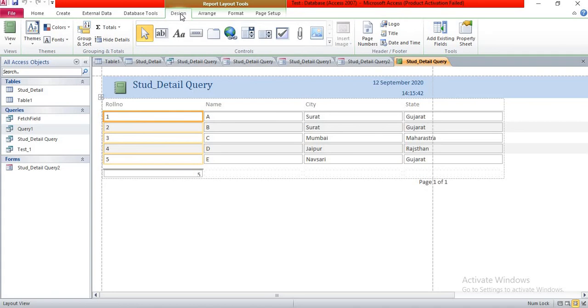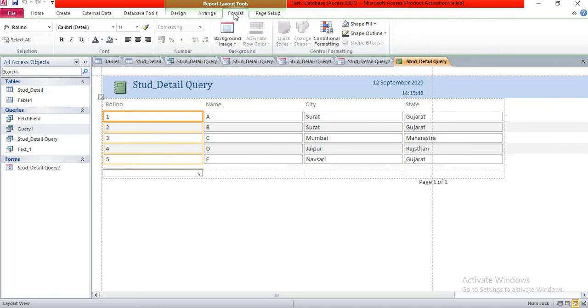There are many other options under the design tab like add image, add document, checkbox, password, hyperlink. Now in the format group, you may choose a particular field name and change the text formatting of that field. You may also set a background image to the report.